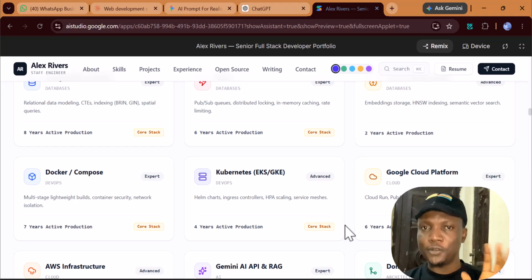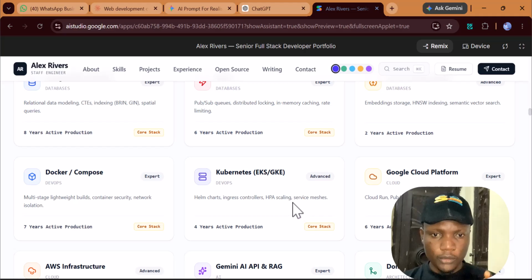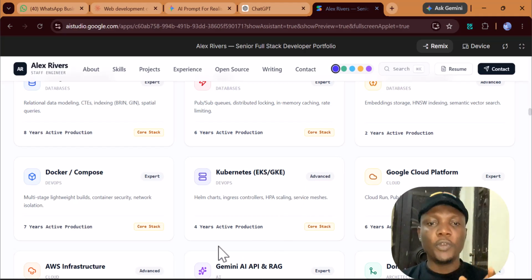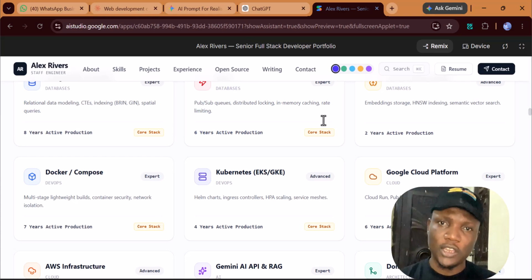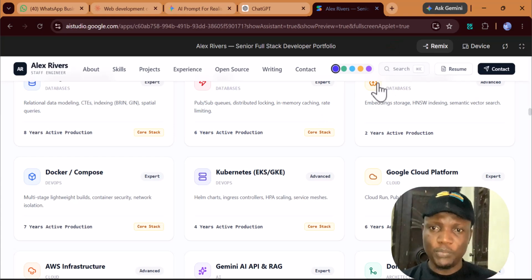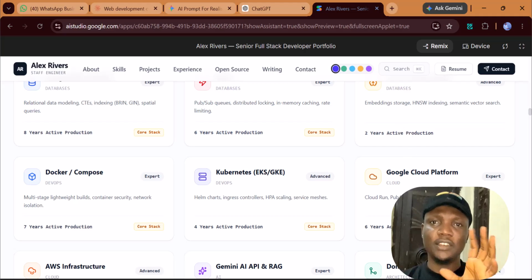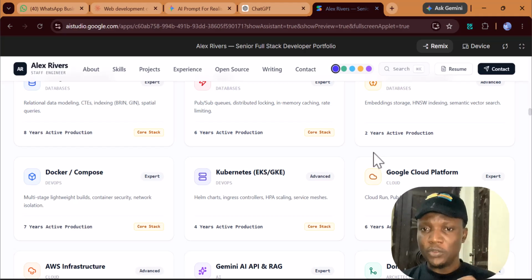But if this is going to be a problem, what you need to do is just download your code, and then upload it to Vercel. Vercel is going to give you a free cloud to use. So you can simply use it on your Vercel. What you need to do right now is to deploy to your GitHub. If you don't have any GitHub account, just create a GitHub account and then click here